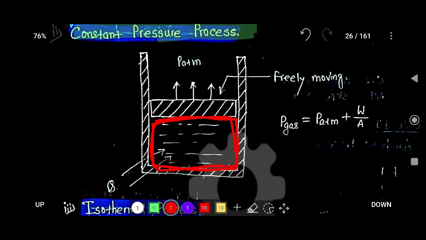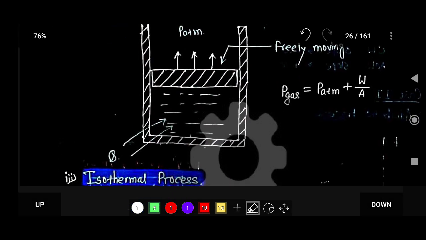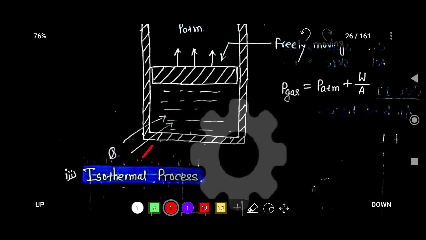We focus on that system. Here there is a wall, and there is a piston on the upper side. Now, if you apply some heat from the downward direction,